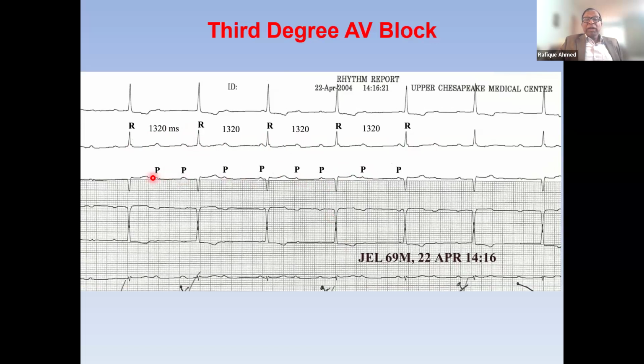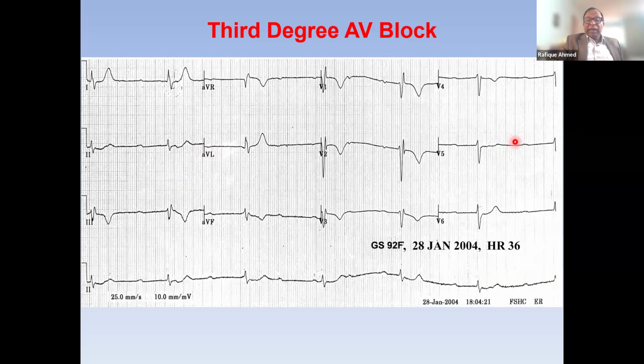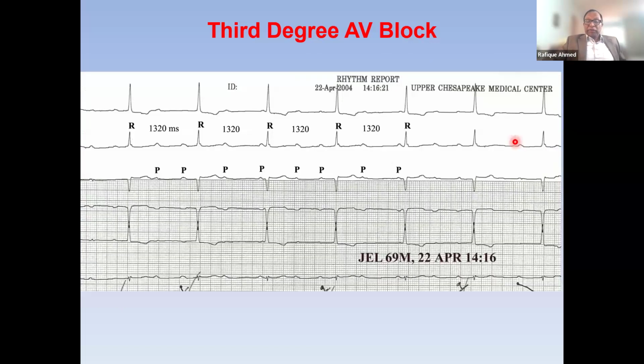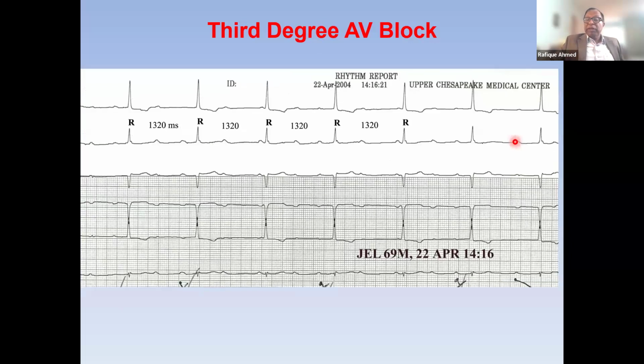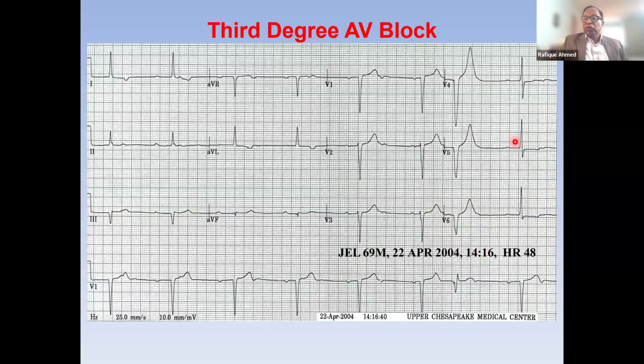Now, one interesting thing about this patient is that this patient has a narrow QRS complex. So if this patient comes to me in the hospital with history of shortness of breath, and I find this ECG, there is no need to put in a temporary pacemaker. You can admit the patient, just make sure there is no other cause for this heart block, and put in a permanent pacemaker.